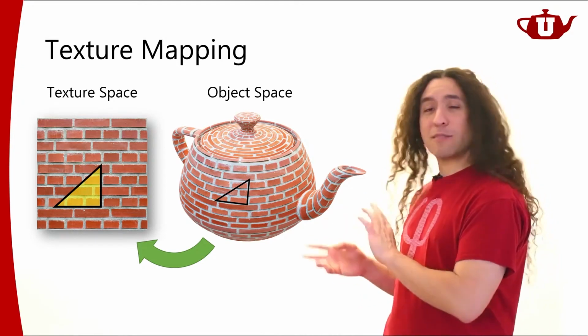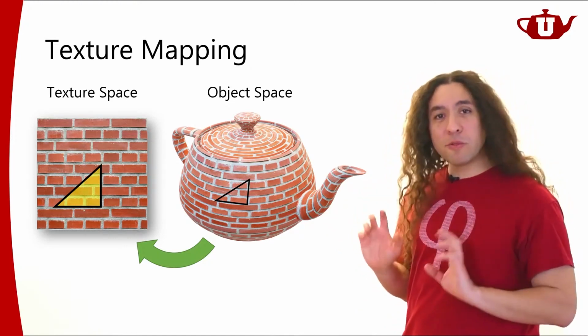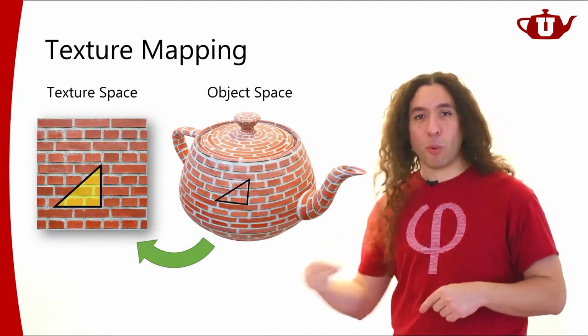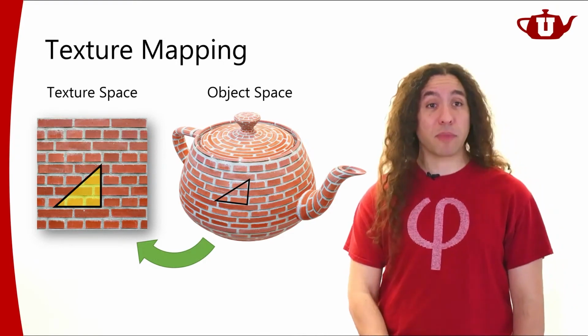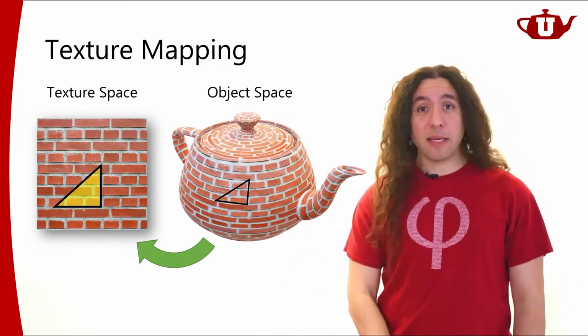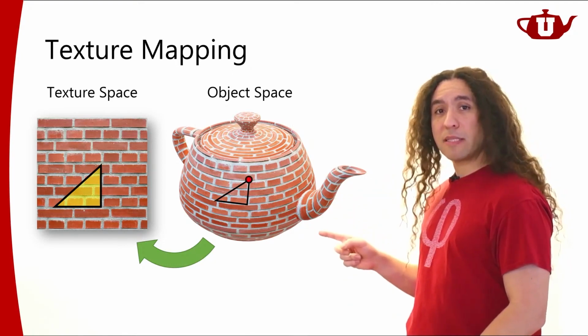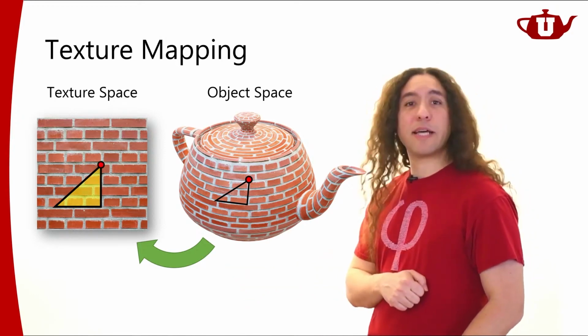If someone did this manually or used an automated algorithm, I don't care. Whatever they used, at the end, I have this definition. Each triangle has a well-defined position in texture space. That's what's important in the context of rendering. The way this is going to be defined is that for each vertex here in the object space, I'm going to have a corresponding position in texture space, right?